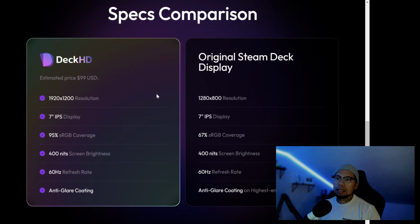They kind of dropped the ball in a lot of places here. 1200p is great, but most people can't play it on a Steam Deck. So what's the point of having 1200p? They should have kept at least the 800p. They should have changed the display to OLED, and they should have changed it to 75 hertz. And this would have been like a crusher if you put this in the market. And it would be kind of hard for me to recommend the ROG Ally